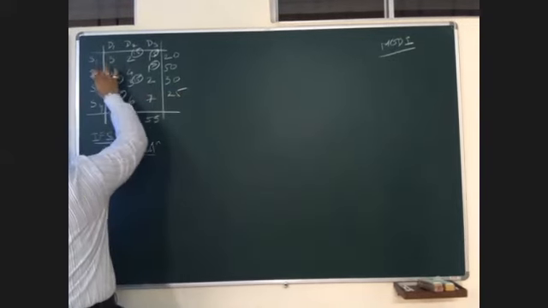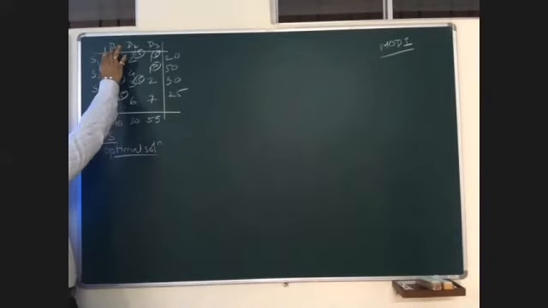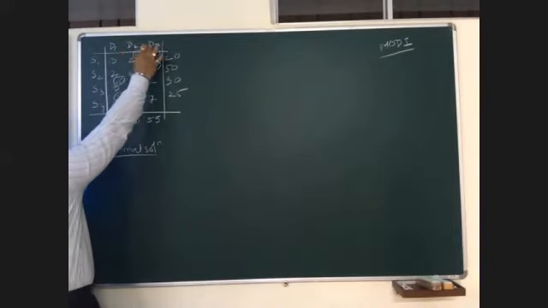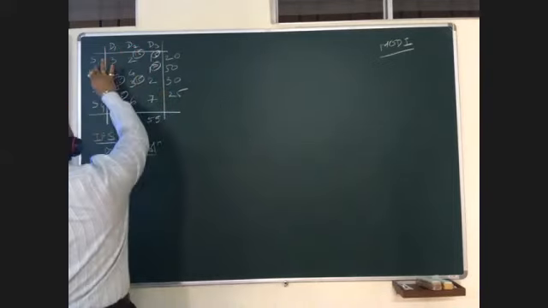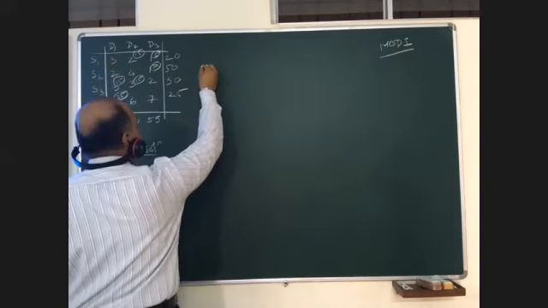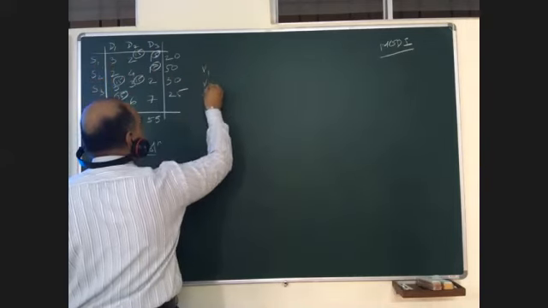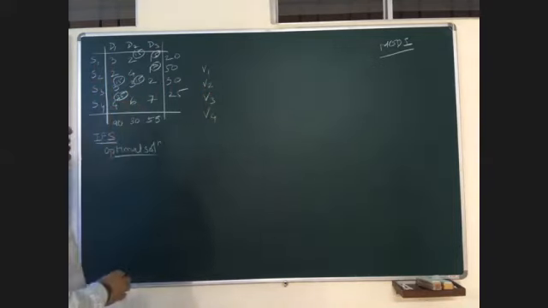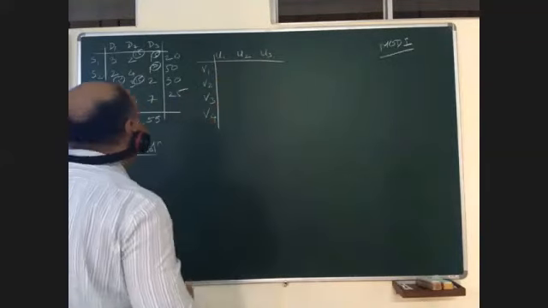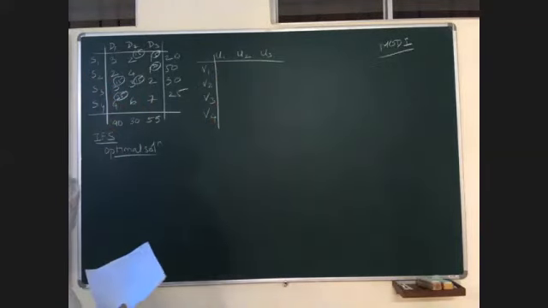We have sources S1, S2, S3 and S4, whereas destinations are D1, D2, D3, also called demand centers. We will change the nomenclature. We will put it as V1, V2, V3, V4. The figures are visible. Can you see the figures? Yes, sir. Good. There is a facility in Zoom. You can enlarge the screen and check.